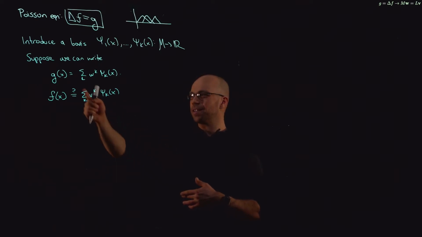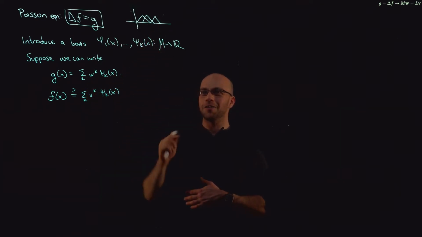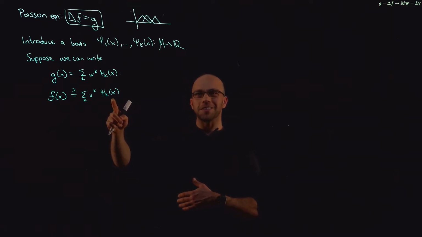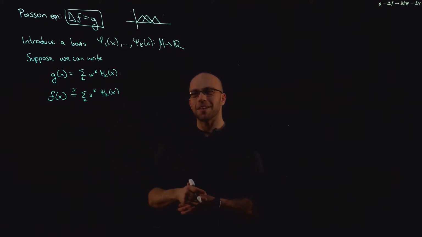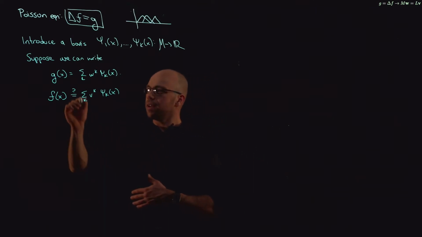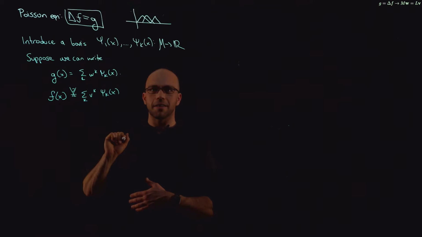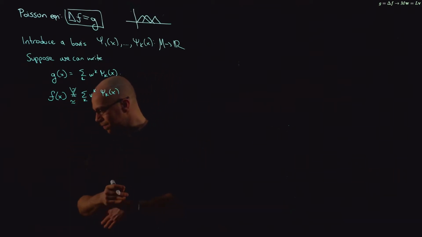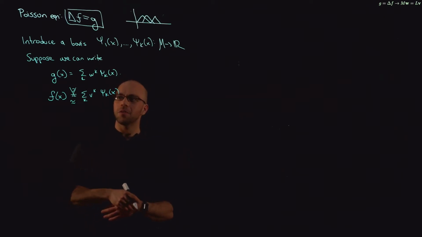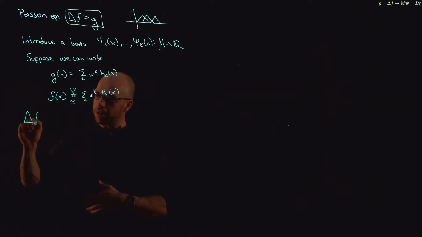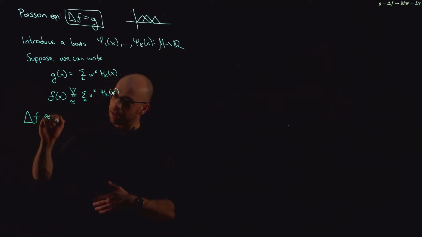In fact, if I write g in exactly the basis I've drawn for you here in 1D, f has two more integrals than g, right? So I would need a second or third degree polynomial. So the best that I can do is to give up my hopes and dreams of an exact equal sign here and instead just write an approximation. So what do I want? I want the Laplacian of f approximately equals g